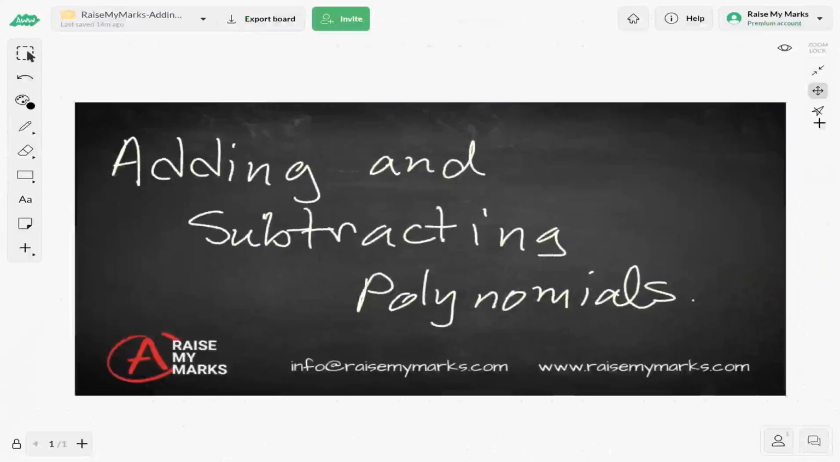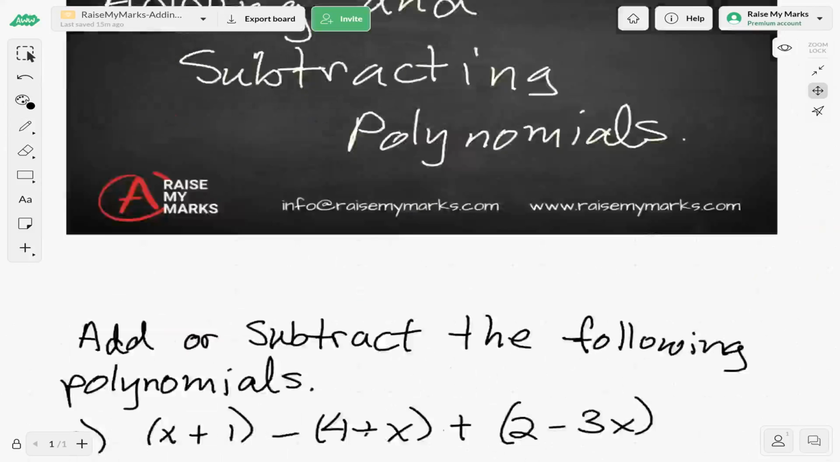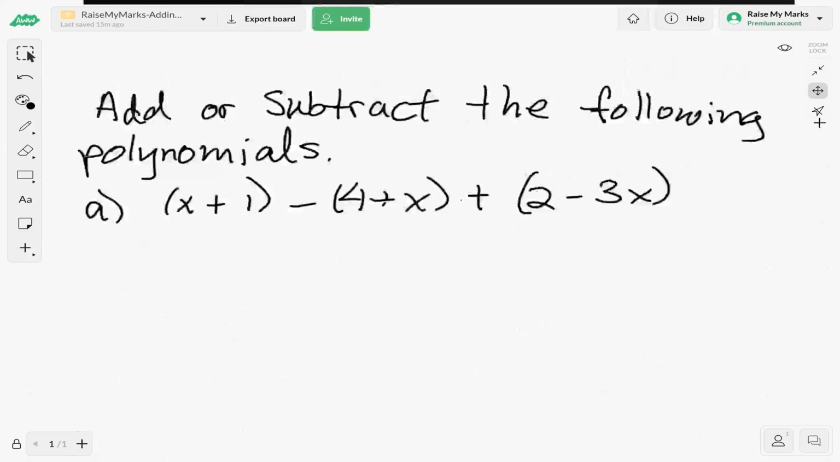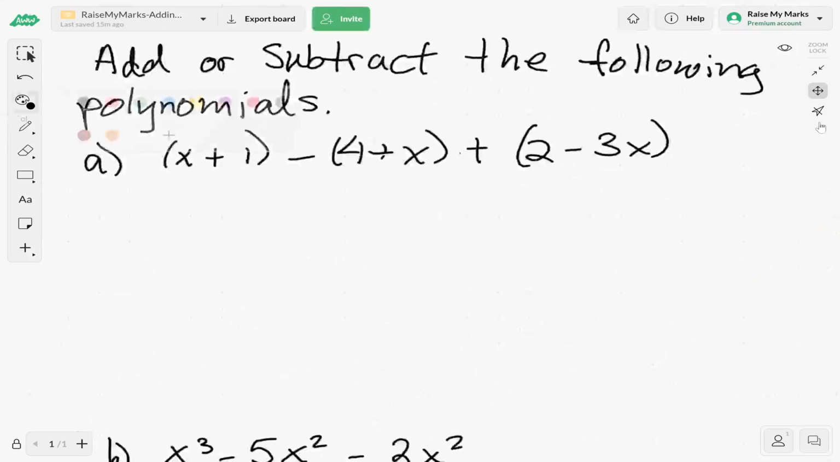So in this video, we're going to look at adding and subtracting polynomials. Let's have a look at what this means. So we're asked to add or subtract the following polynomials. Okay, so our polynomials that we're asked to add or subtract are